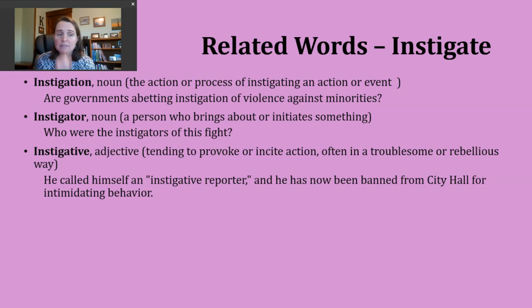In this particular sentence, true story, I saw it mentioned actually in a number of different newspapers, but a particular person, normally the phrase is an investigative reporter, so somebody digging into details, trying to determine who did what, when, all of those things. But this person was sort of labeling themselves in that I am provoking or causing other people to act,